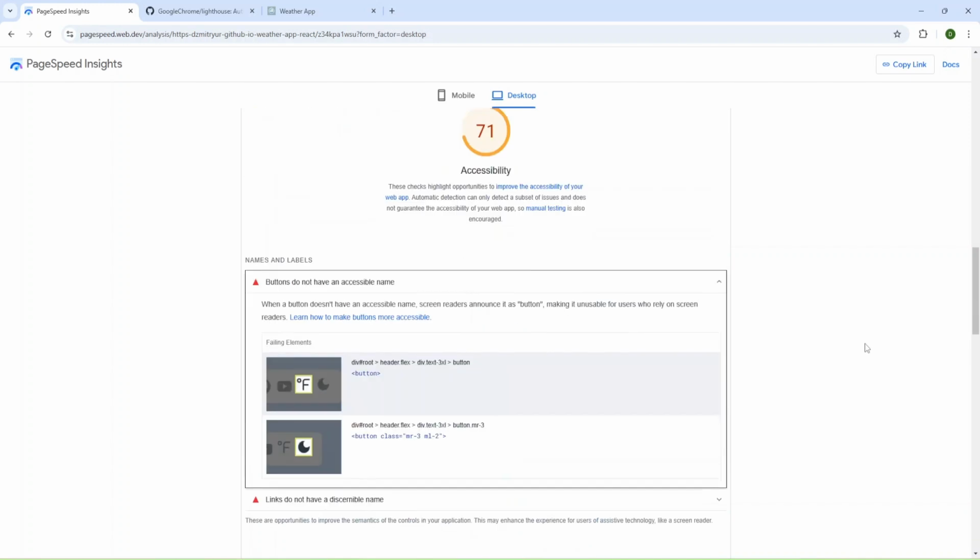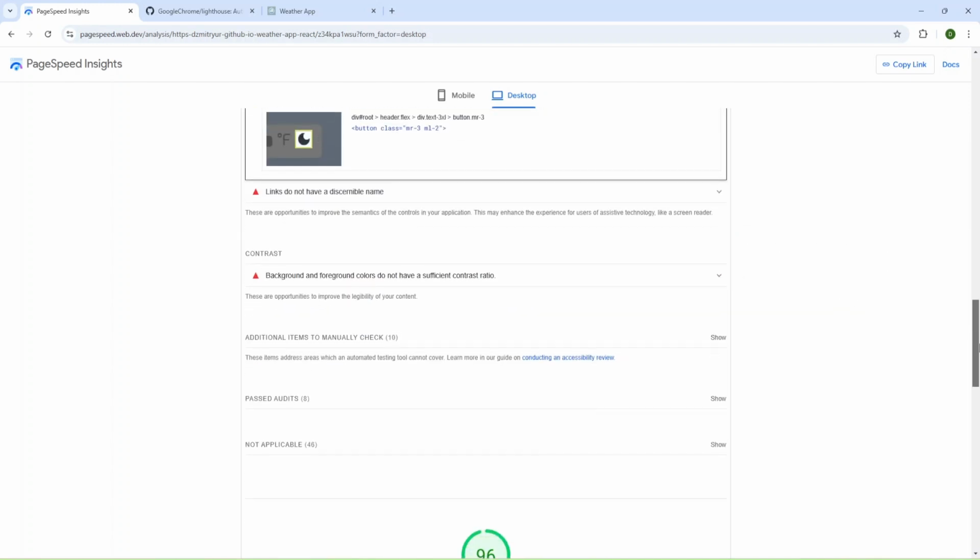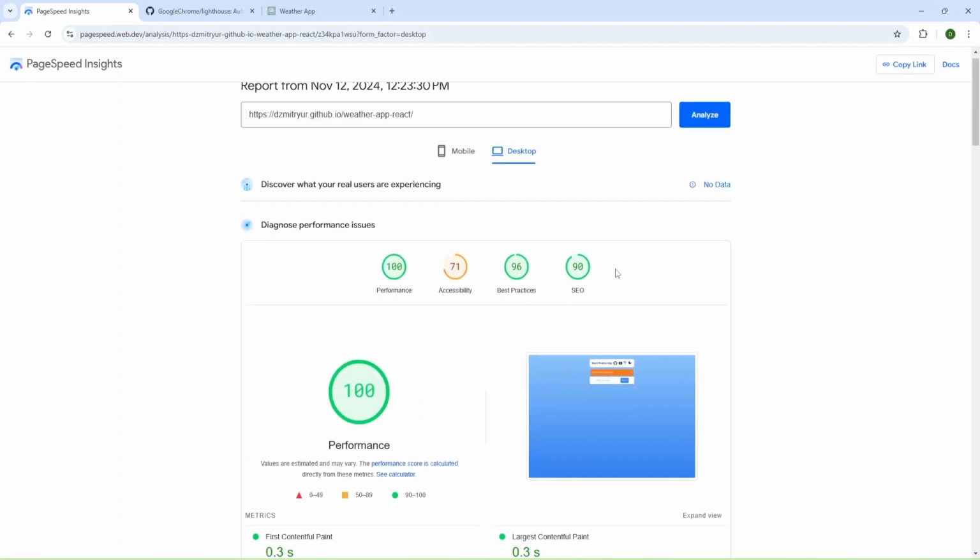When I deploy my application to GitHub Pages, I'll improve my scores and I will have better scores for accessibility and SEO.